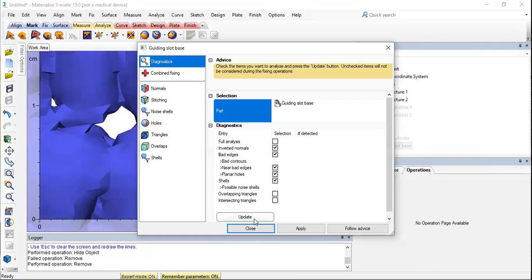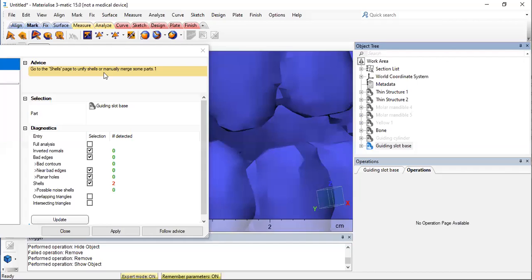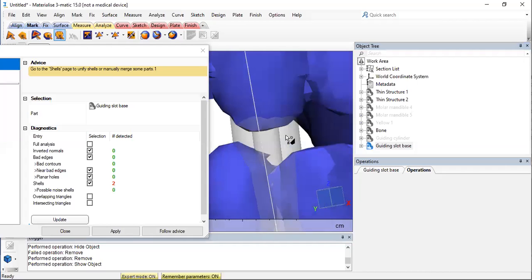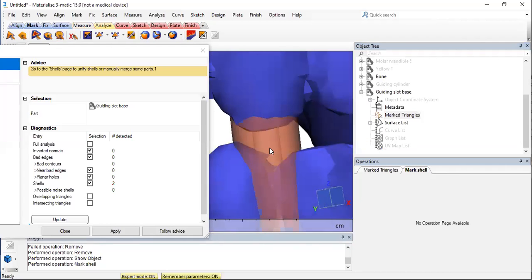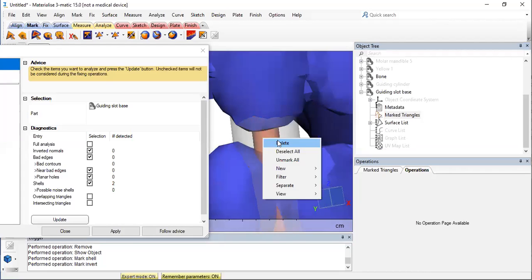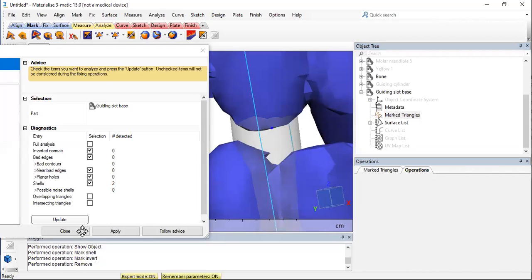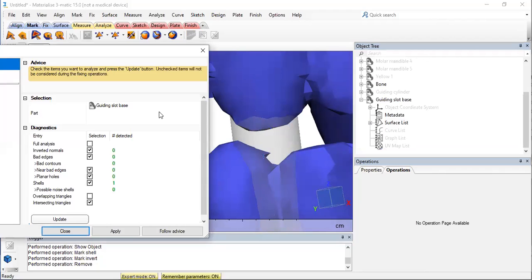It says 2 shells. So basically I need to delete the internal shell that it has created. I mark, invert, and delete the internal shell that it has created. I'm going to update this, and yes, check for triangles also. So yeah, just good.